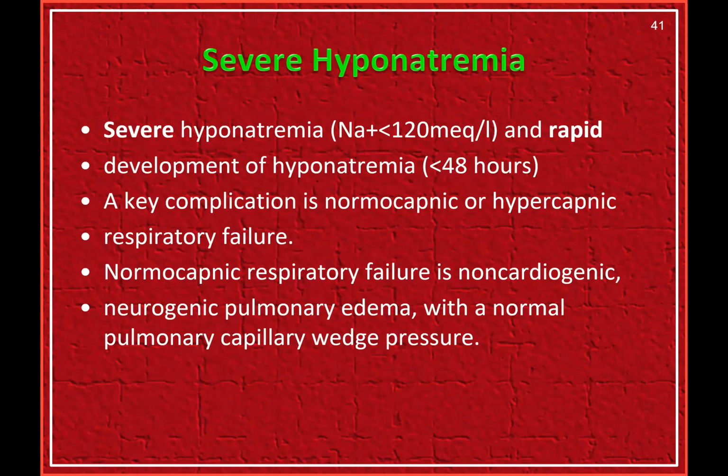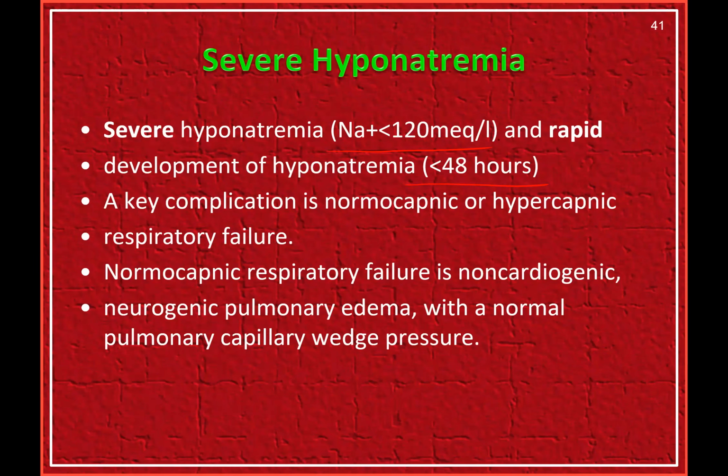Severe hyponatremia is less than 120, with rapid development of hyponatremia. The severity is not only in the level, but also in the rapidity of development. If the hyponatremia develops rapidly, the body cannot tolerate it to a great extent. But at the same level of sodium, if it occurs slowly over a period of 1 month, then there is